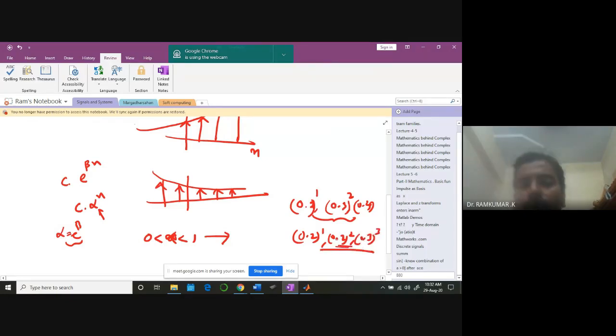The signal value is going to go down. Okay, the more and more the decimal fraction numbers you are going to, that's lying between 0 to 1, you are going to square it or going to take the higher powers. These values are going to come down gradually. Okay, so that's the idea. It's an exponentially decaying waveform is what you are going to get for the discrete case.